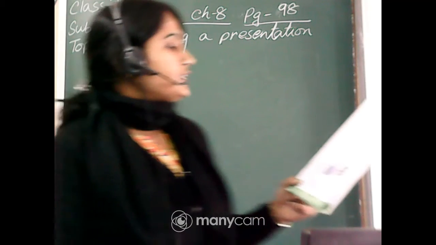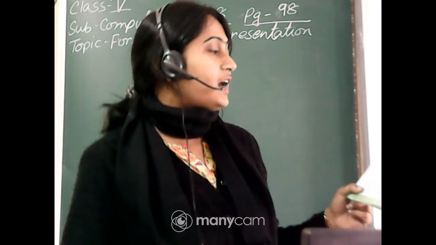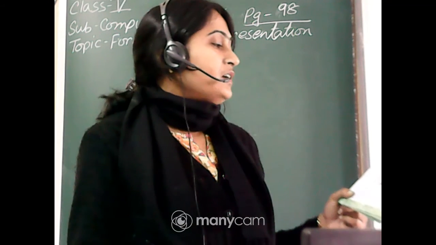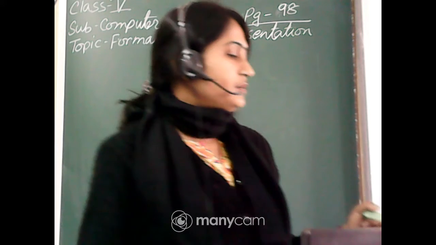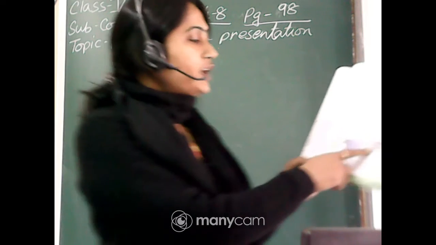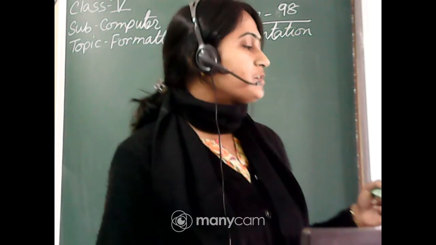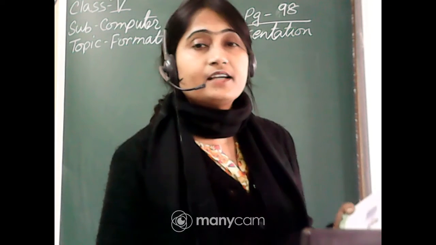When you click on the more color option, you can see a colors dialog box will appear. Click on the standard tab and choose the color you want. Whatever color you want, you just choose from there, and you can also select the custom tab and create your own color scheme, and then click OK.